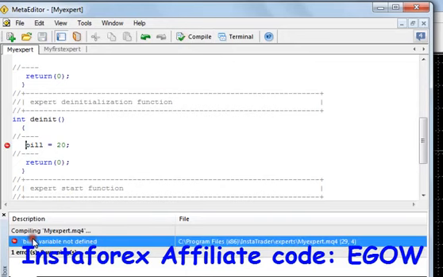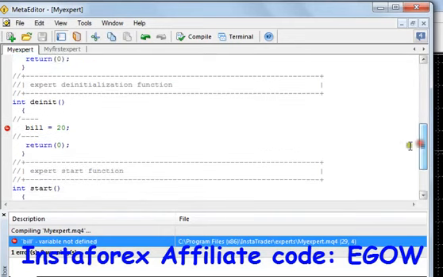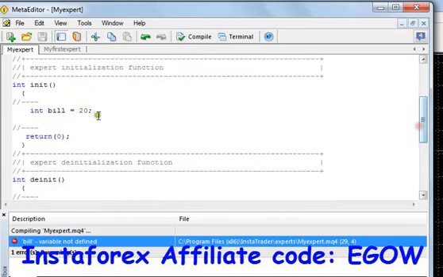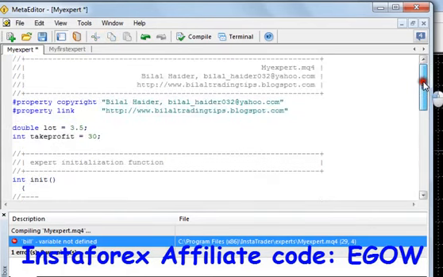It says variable not defined. That's because the variable is defined inside this function, and it can be used only within this function. It cannot be recognized by other functions, and hence it cannot be used in other functions. Also, the variable defined in the deinitialization function cannot be used here in this function, and so on. So now that you know what the local and global variables are,